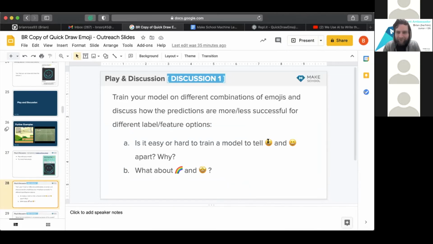It is a little difficult trying to get them to tell them apart. They're pretty similar, right? Because what's really the key difference? They're both smiling. They're both yellow. They're both circular. The only difference is the eyes. These are dots and these are lines, and we have to tell the computer that. Whereas this, a little bit easier, right? Because we got a rainbow that's arcing over, moving over. Nothing at all in common with this happy face. The only thing in common is there is a yellow stripe in the rainbow, whereas the entire emoji is yellow. But none of that is really important because it's not even seeing color; it's just seeing shape.